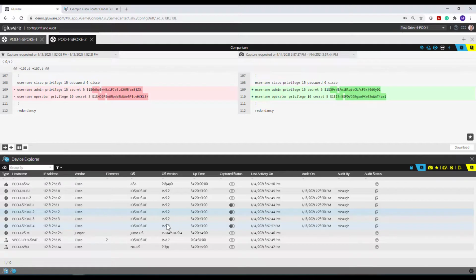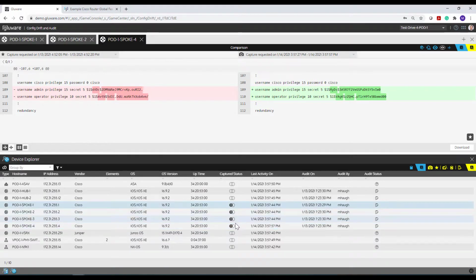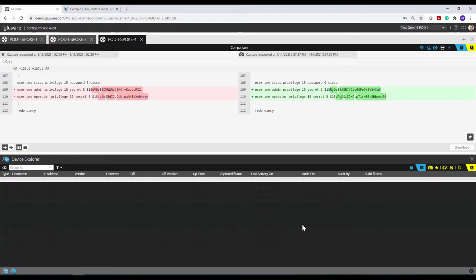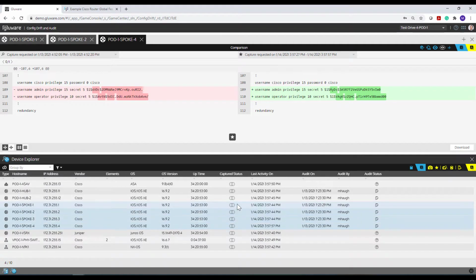So sure enough, all these guys, the only thing that it's flagging now is that password change. So very easily on these guys, I can just select them and hit star, meaning those are my new updated good configs. Hit confirm, and now I am synchronized and all is good, and I can watch for config changes that are unauthorized. So with